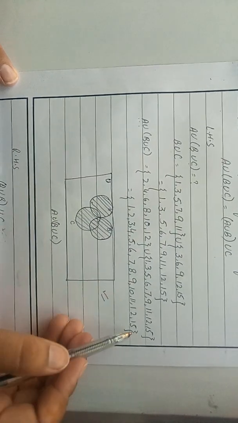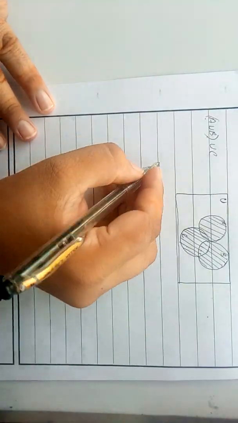Both of the diagrams and the answers are equal, so we can write here, hence verified,